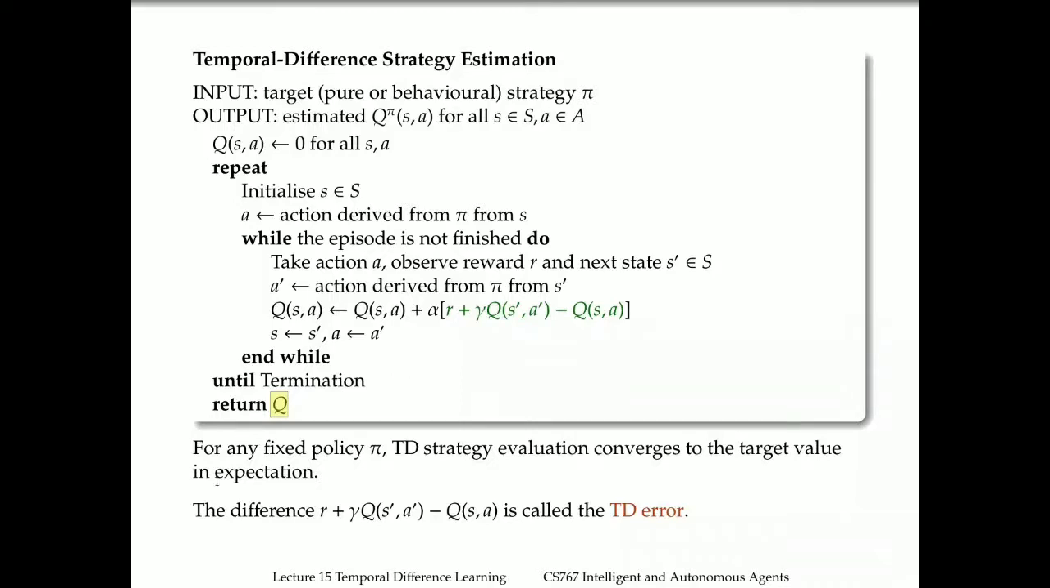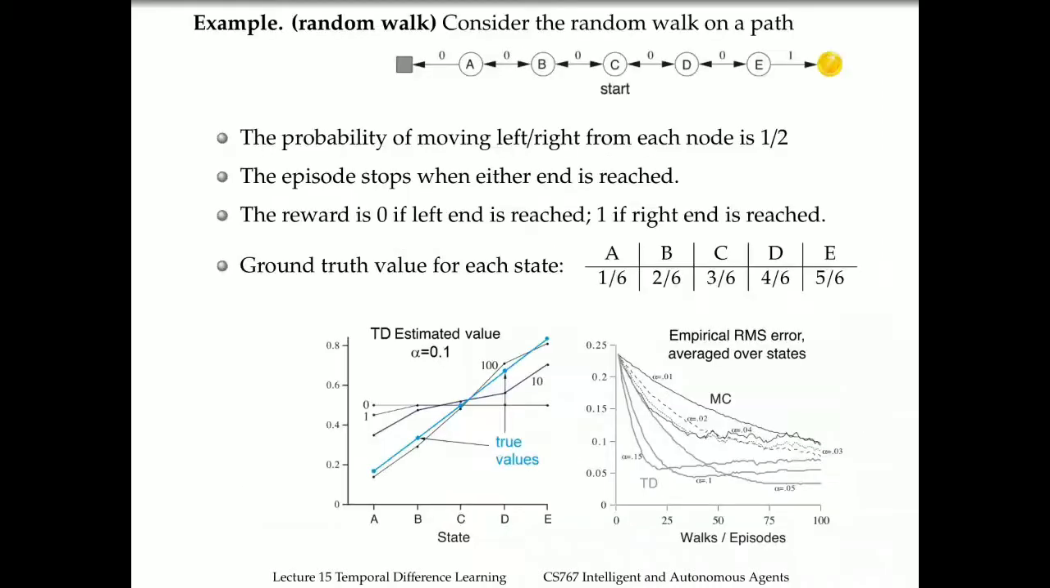And one can actually prove, although I'm not going to do that here, that for any fixed policy pi, TD strategy evaluation converges to the target value in expectation. And notice also that in the literature, this green difference here is called a TD error, because it's an error that we can derive using the current estimates. So basically, the immediate reward plus the discounted version of the estimate minus the existing estimate, that's called the TD error. So that's the strategy evaluation algorithm using